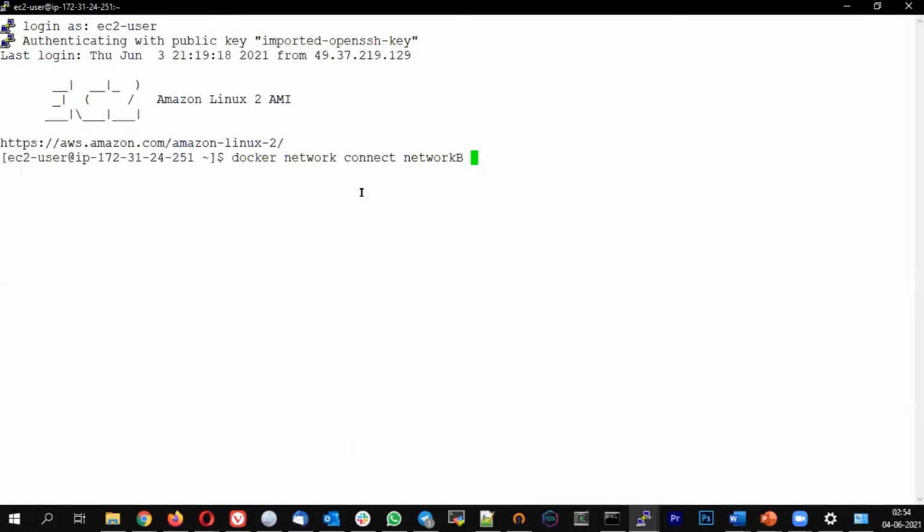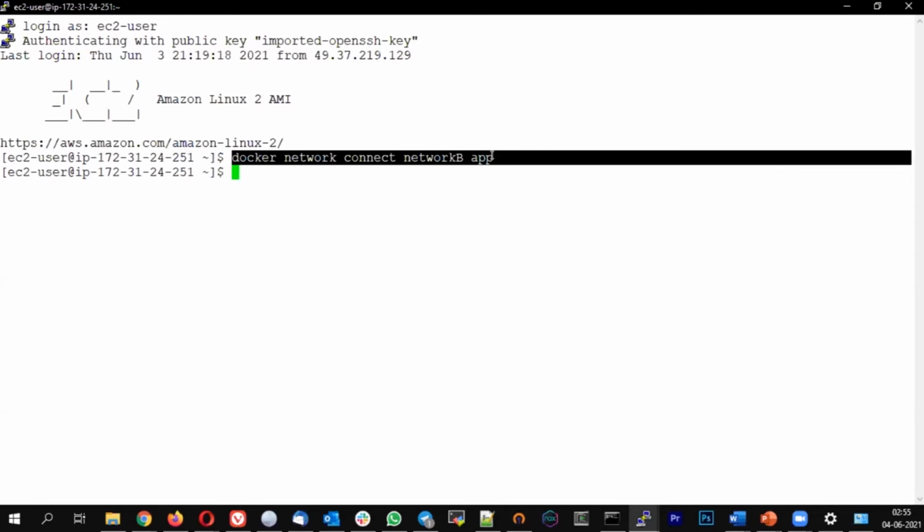Okay, docker network connect network B, and the container name. App is my container name. So now once you run this,